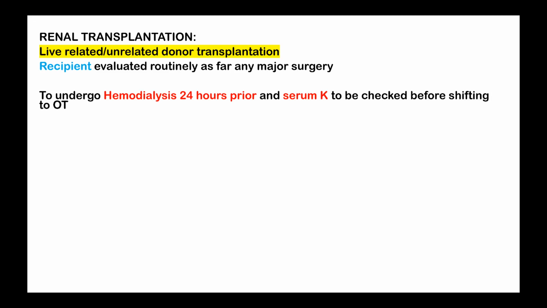But the majority of the patients would have been diagnosed with CKD with a GFR less than 15 ml, and they will be showing evidence of fluid overload because the urine output also decreases, and those patients would have been started on hemodialysis. The current tendency now is, once you identify CKD with a low urine output and GFR less than 15, instead of creating an AV fistula, waiting for the fistula to mature, and then going ahead with hemodialysis twice or thrice a week, and then waiting for the donor,